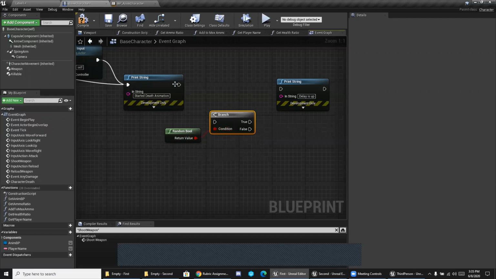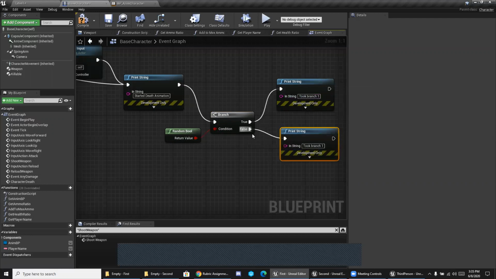And we could say, this one is option 1, took branch 1, and we'll copy that. And this will be option 2 if we add another option. So now,